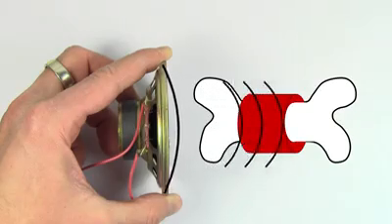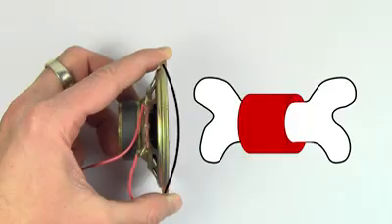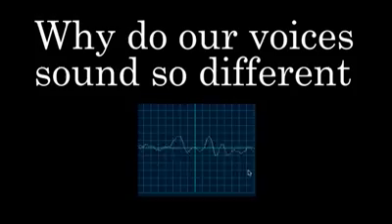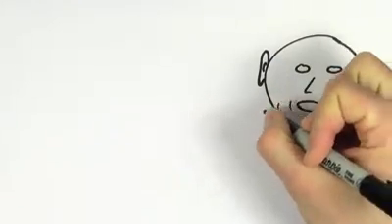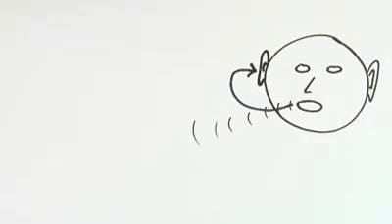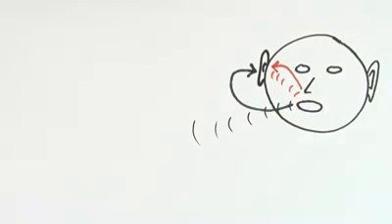And the fact that sound can travel through human flesh and bone explains something you might have always wondered about, which is, why do our voices sound so different on audio and video recordings? The reason for this is that when we're speaking to someone, we actually hear two contributions from our voice. We hear the sound wave traveling out of our mouth, through the air, and into our ear. But we also hear the vibration of the sound wave traveling through our flesh and bone, through our skull, and